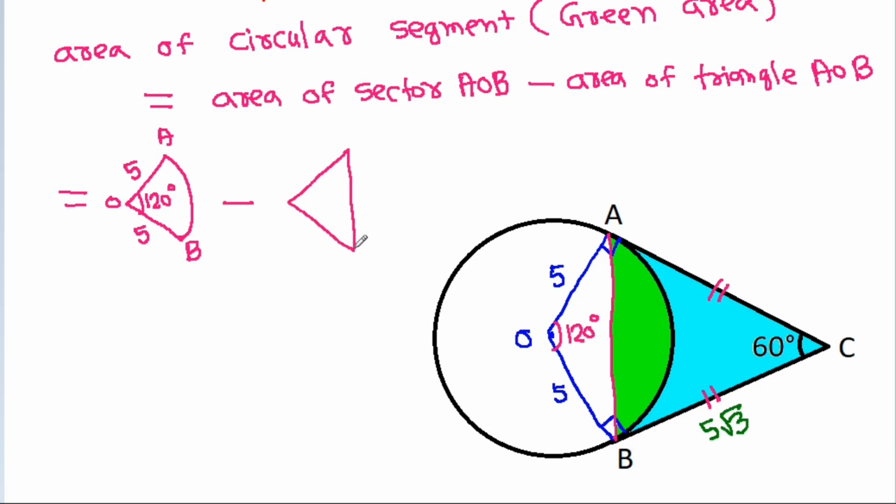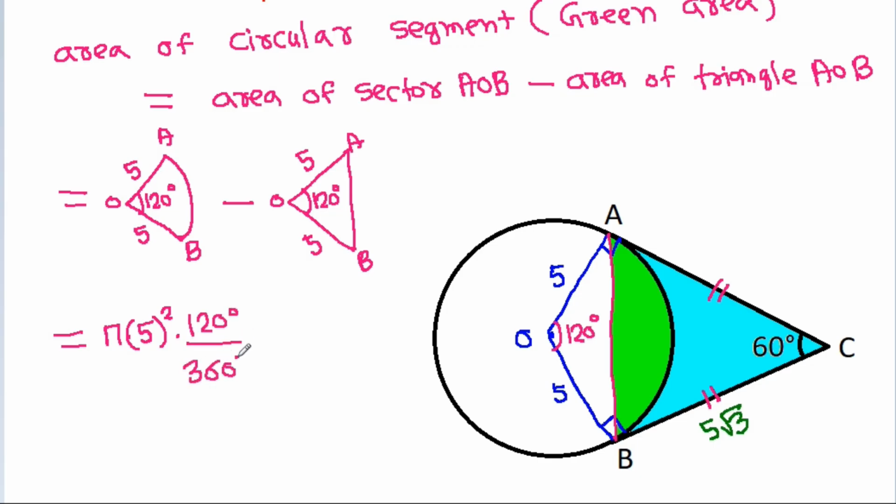And in triangle AOB, AO is 5, BO is 5, and this angle is 120 degrees. So area of sector AOB will be pi times radius 5 squared times angle 120 degrees by 360 degrees minus,